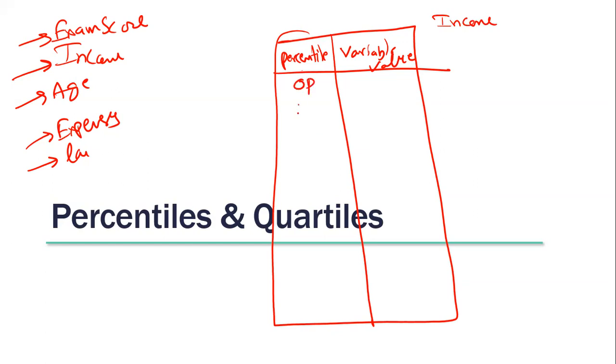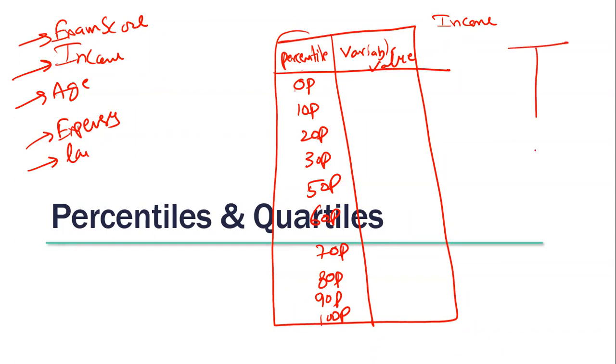You can ask for 0 percentile, 10 percentile, 20, 30, 50, 60, 80, 70, anything you want. 80, 90 percentile, 100 percentile also. Tell me one thing. If you ask for 0 percentile, what will Python give you in return? It will arrange the data in order from minimum to maximum. It has to find a point where below that point 0% of the data is there, above that point the full data is there. What will be the result if you ask for 0 percentile?